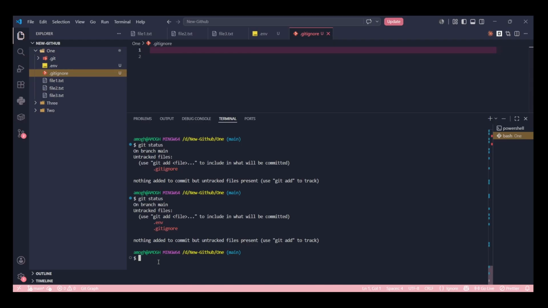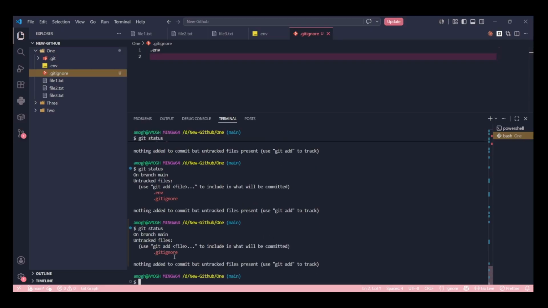So for that we use .gitignore. If I add .env in my .gitignore file and run git status again, it will only show .gitignore. What this file does is it ignores every single file which you have written in the .gitignore file. So basically it is safe.